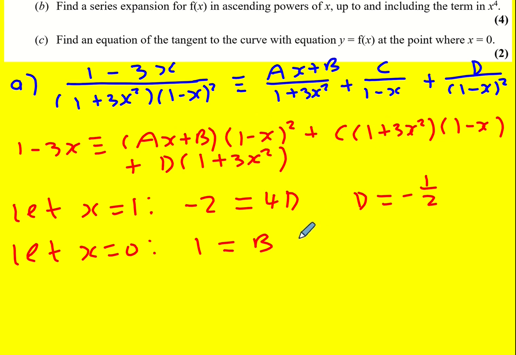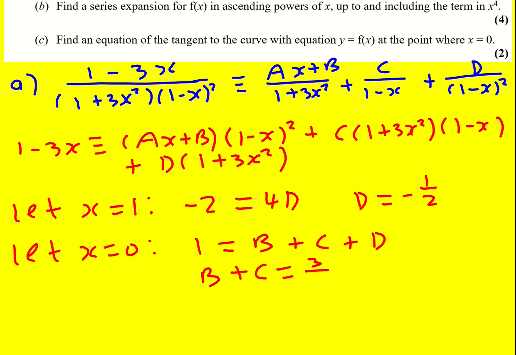Over here, it's just going to be plus c plus d. And this is minus a half, so we're going to get b plus c is equal